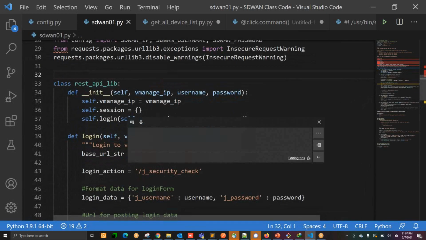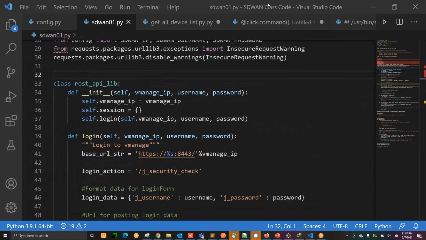initiate the session. And if I can write here, so let me try to write here. I can go here and initiate the session. So to initiate the session, what are the things I need? I need obviously the vManage IP address.